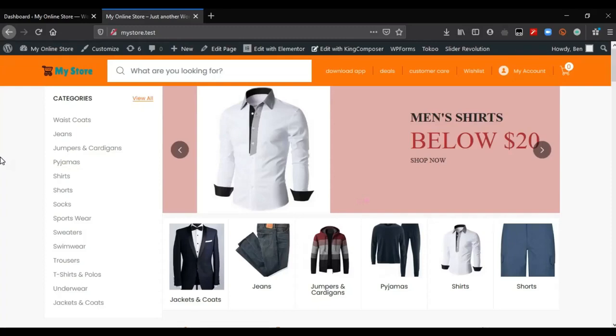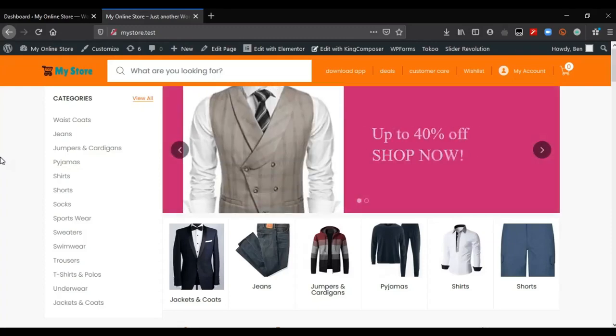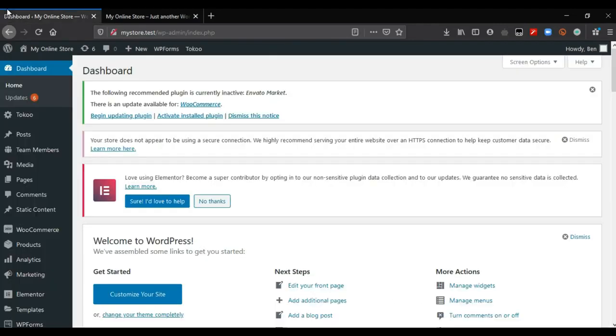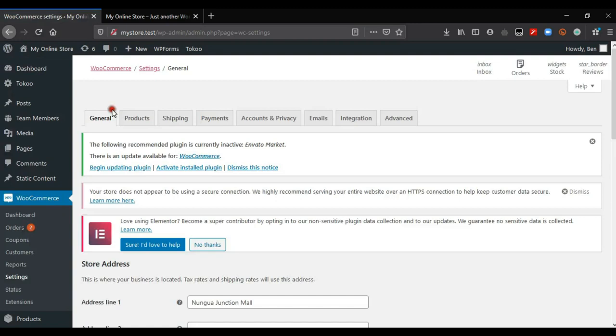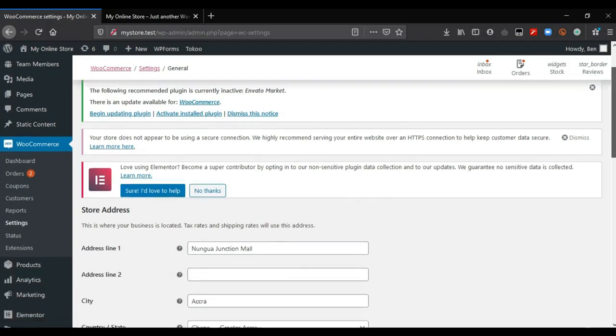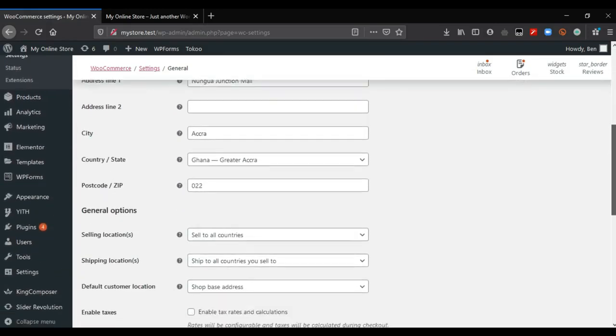To make the website fully operational, there are some settings to configure. So we have to go to the dashboard and then to Woocommerce and then click on settings. So we are going to configure all these one after another: general settings, products, shipping, payments, accounts and privacy, emails, integration and advanced settings. So with the general settings, we have the address of our store